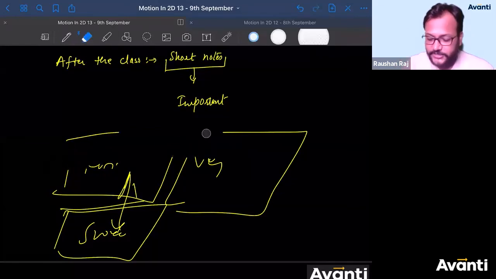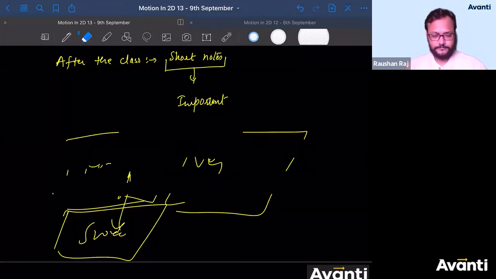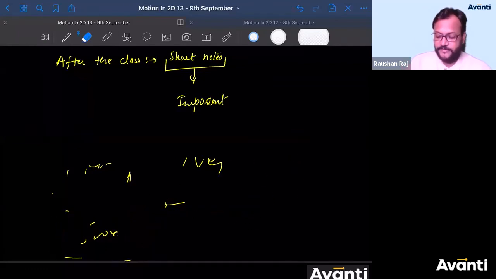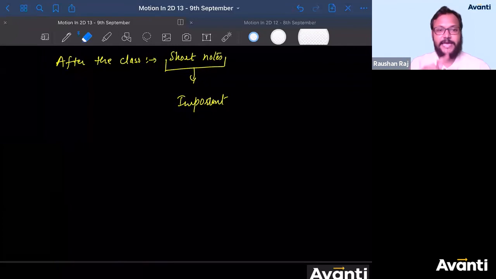Okay, Pranav is sharing his thoughts. Pranav is saying, sir, I am writing down running notes. That is, I write down whenever you say and write on boards. Afterward, I would revise it. Is it okay, sir? Bacha, you should revise it, but I will say after the class, when you're writing these short notes, after the class, you should make short notes out of it, where formulas will be there, where important points will be there. All right. And where you can add your own key points, your own words. कि हाँ, इस condition में ये करूँगा. In this condition, this has to be used. All right. So you have to make your short notes.